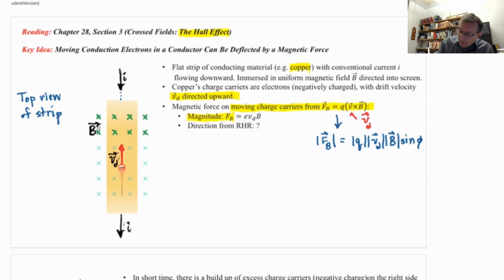Do you see what that angle phi is in this case? Can you tell from the picture on the left? Well, in this top-down view, the drift velocity is going up, but the magnetic field is going in. That's exactly 90 degrees. So we're taking the sine of 90 degrees. Remember, the sine of 90 degrees is 1. So the simplified way all the books write this then is, now this is just the magnitude of FB,